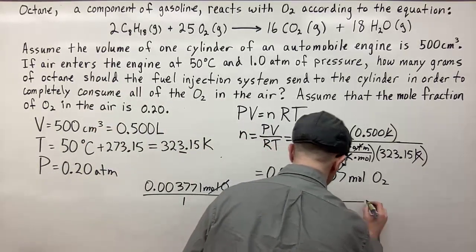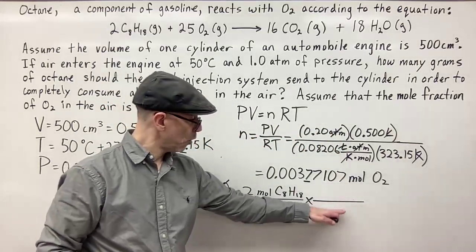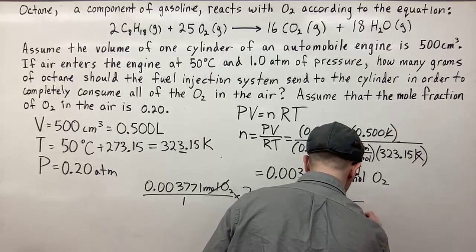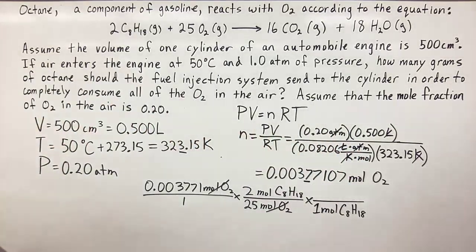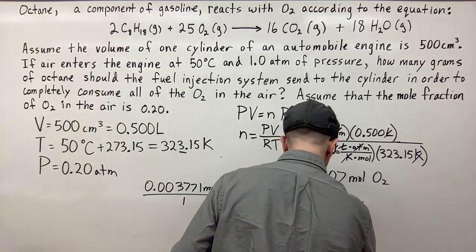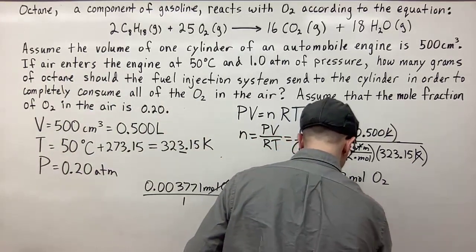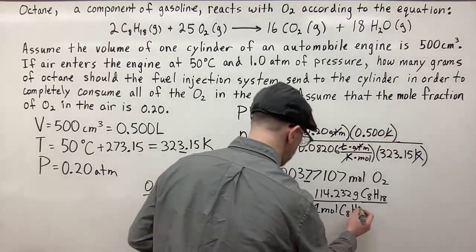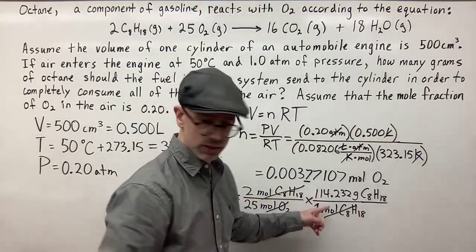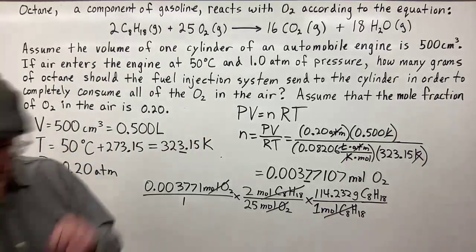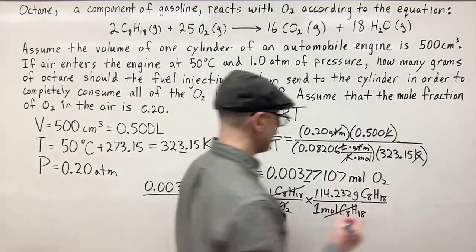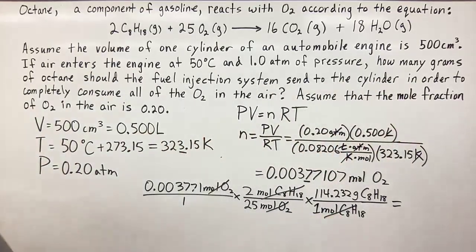Now I'm going to use the molar mass to convert from moles to grams. So I'm going to put moles on the bottom. So I have 1 mole of C8H18 octane, and the molar mass is 114.232 grams of C8H18. Moles of octane cancel out. Let me just double check that I have that correctly. Yes. So now that I have grams of octane, I just multiply across the top, divide by the bottom, and I get the number of grams, which is